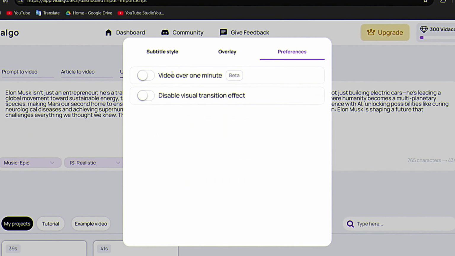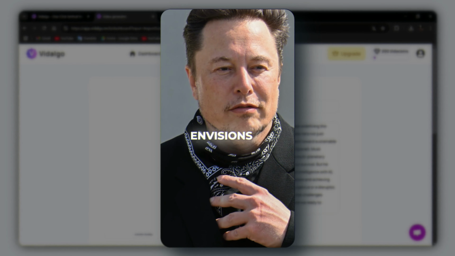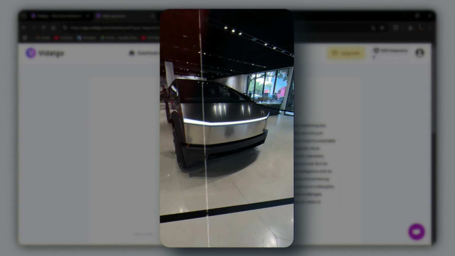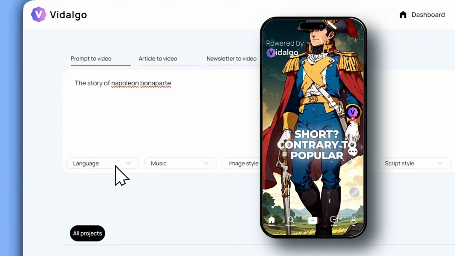Take a look. Elon Musk isn't just an entrepreneur. He's a trailblazer, redefining the boundaries of what humanity can achieve. With Tesla, he's not just building electric cars, he's leading a global movement towards sustainable energy, tackling climate change head-on. Through SpaceX, Musk envisions a bold future where humanity becomes a multi-planetary species, making Mars our second home to ensure our survival. But he doesn't stop there. Neuralink aims to merge human